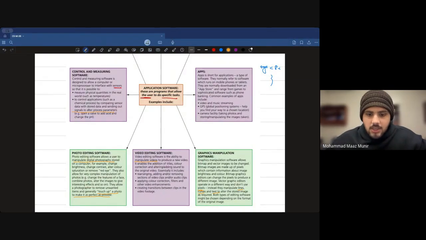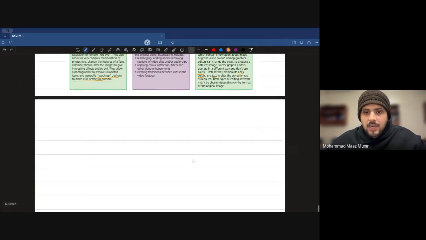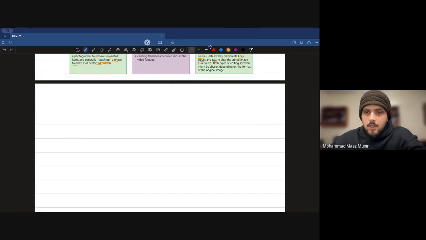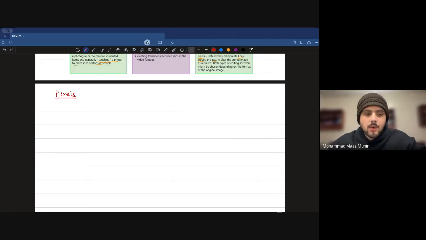Okay, so you see, basically you have two types of images. One is the one which makes use of pixels. One makes use of pixels. Now, this difference is not something which would be directly tested in your exam, that what's the difference between graphic manipulation and photo editing software. And even though the difference between bitmap images and vector graphics is something which would be taught to you in AS level,